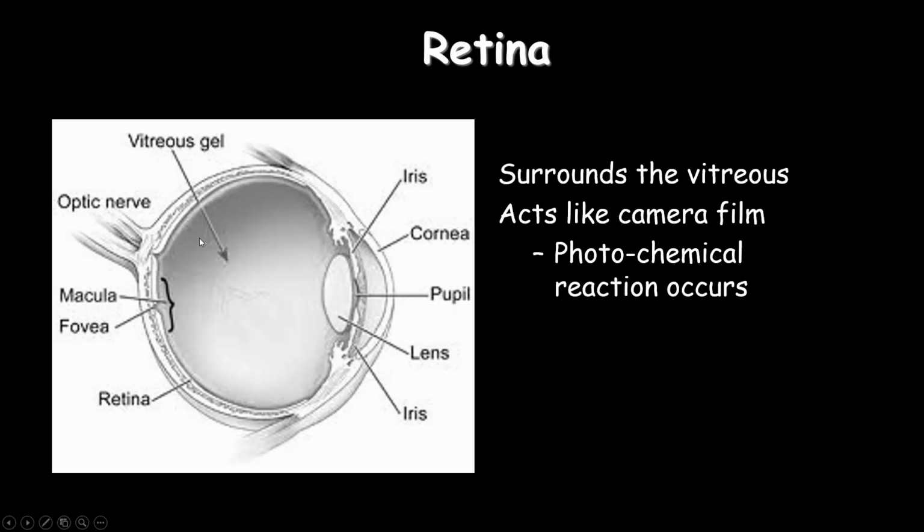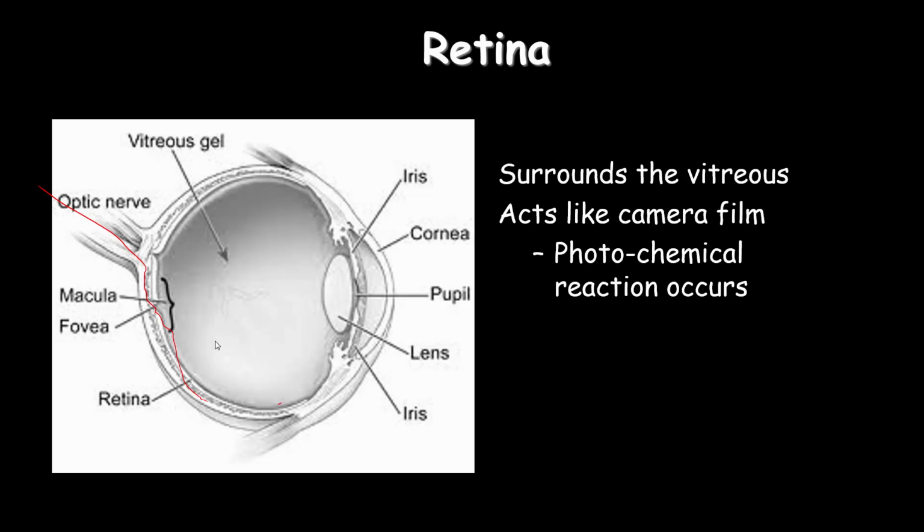All right, so what is the retina? The retina is this whole back part of the eye. It surrounds the vitreous gel, okay, and acts like the camera film. So a picture comes in here and here and here and here and here. And it's got photochemical reactions that occur, which transmit the signal throughout all of these little cells in here